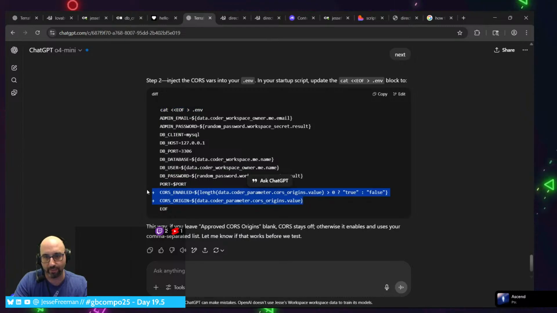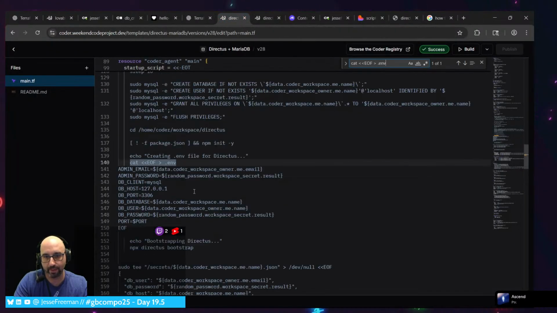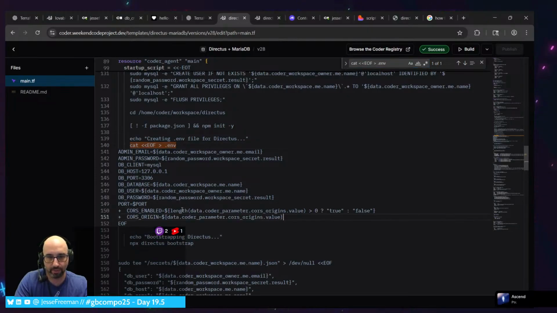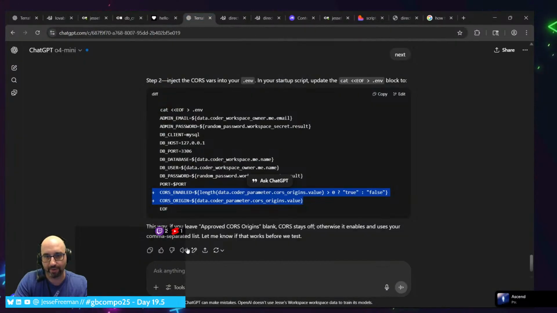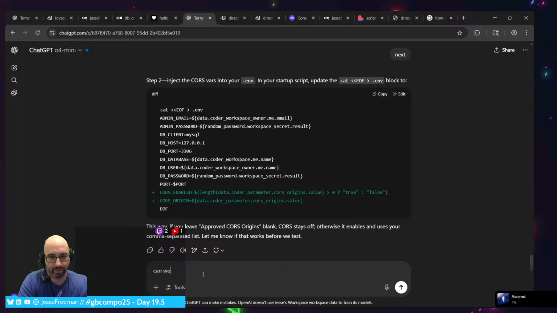All right, so we'll do these two. And after port, we'll add this and this. Let me see. Can we simplify this? That if no domains are added, we don't modify cores.